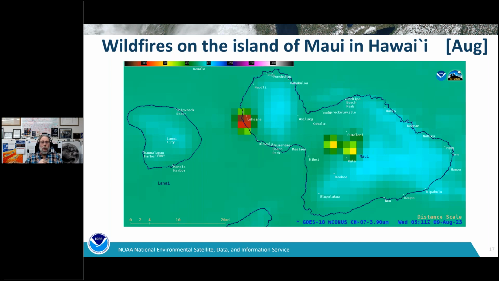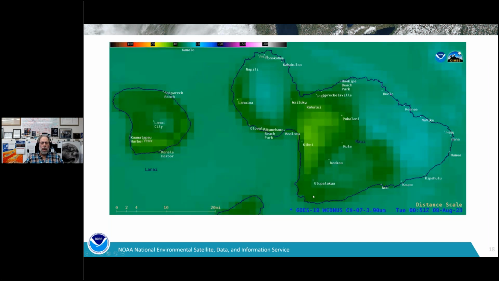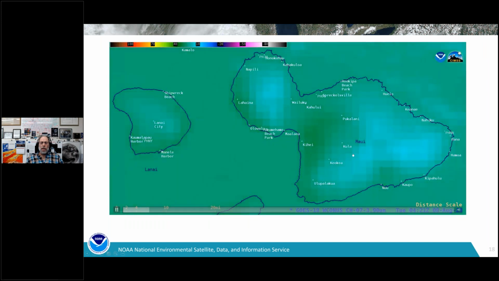And we go on to August. So Hawaii, I'd like to show you 1-minute imagery of this case, but 1-minute imagery from GOES 18 was elsewhere at this time. Again, this is just looking at the straight 4 micron imagery. So you can see on this day, the first hot spots really in the center of the island. Coming in now.